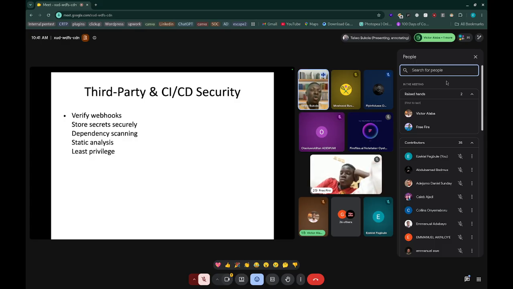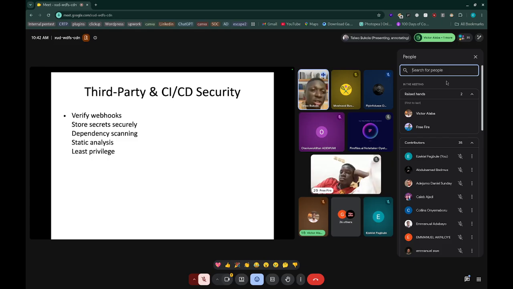So you can check, has this webhook request been tampered with? You can use the signature that was sent to check that, to avoid somebody passing a vague or invalid request to you.